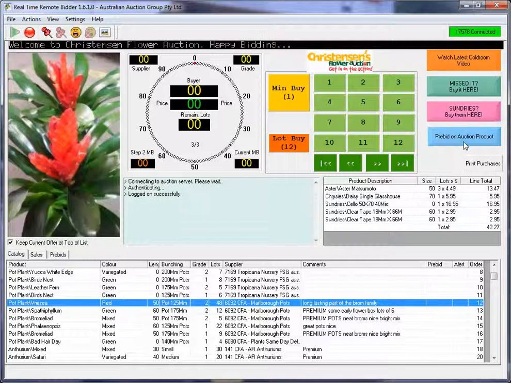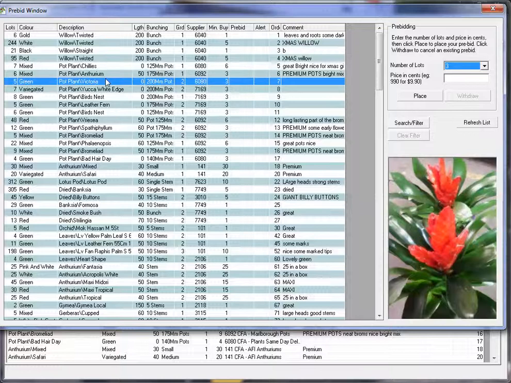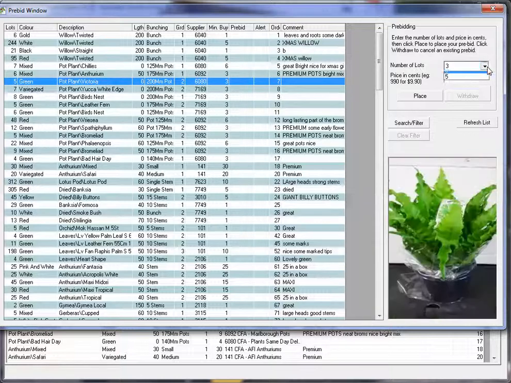Now, pre-bid. Let's say you had a hot date, or you had to get the kids to school soccer, or you simply only want a few things and you don't want to sit through the whole auction. We can go and pre-bid on auction. So you click the pre-bid button, you can select the item that you want to pre-bid on, you can choose the number of lots that you want to buy, and you can put in a bid